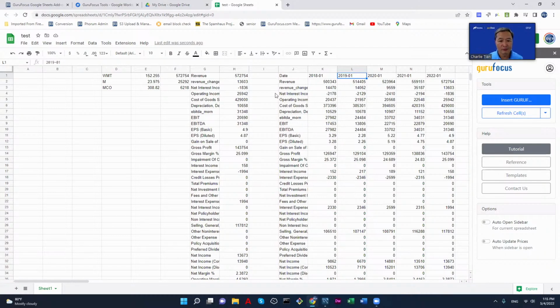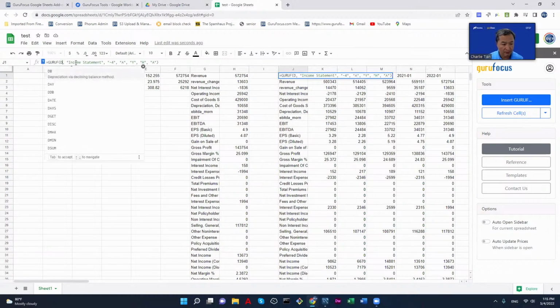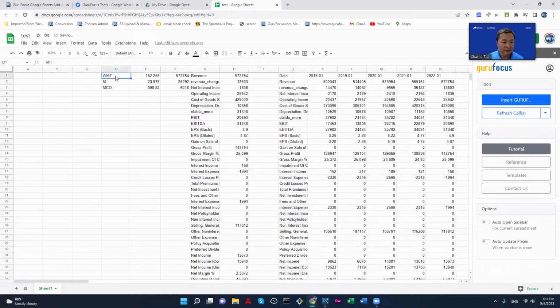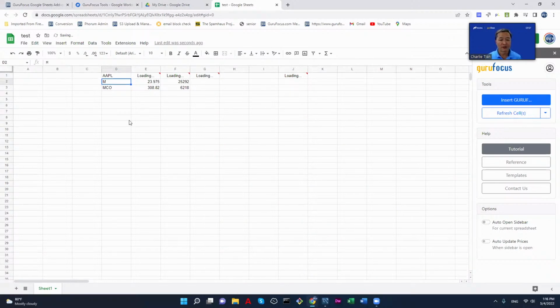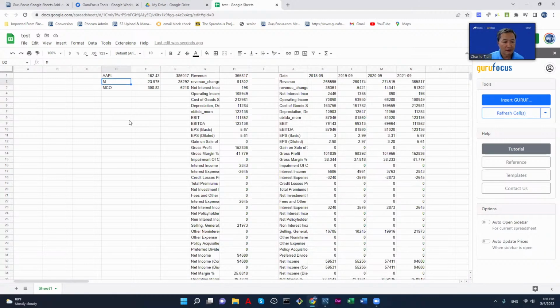And the next time, all you need to do, for instance, if instead of Walmart here, I put D1 here, which is the cell number of Walmart. It'll do the same thing, but this time I just change the ticker, and everything will change for you. And now everything is for Apple price, Apple revenue, and Apple income statement. And yeah, you only need to change the ticker. And